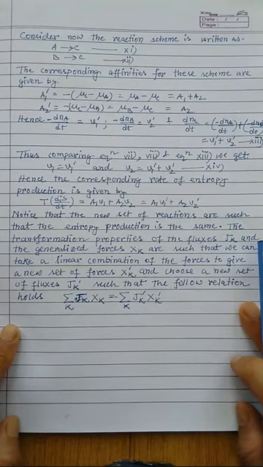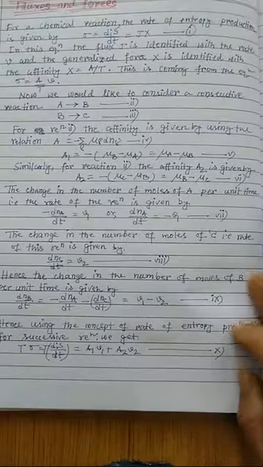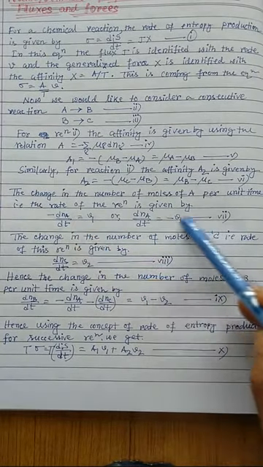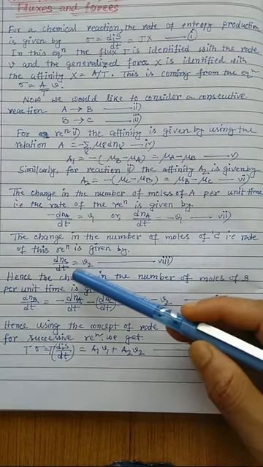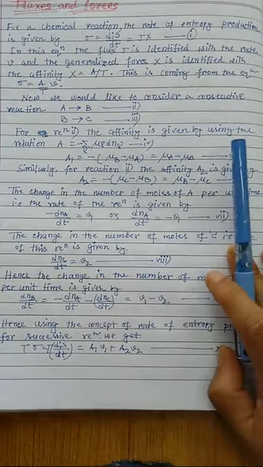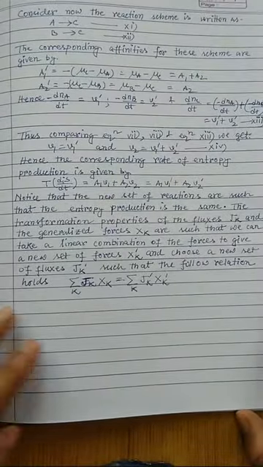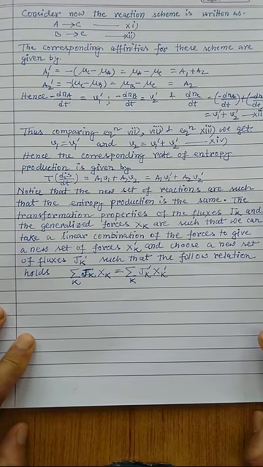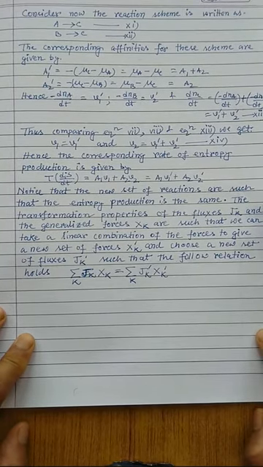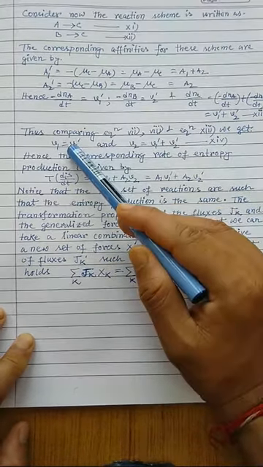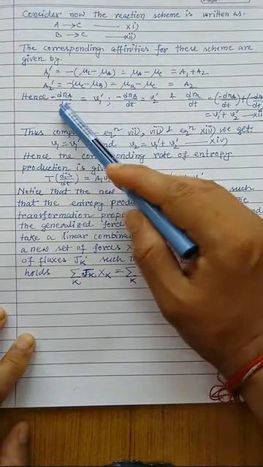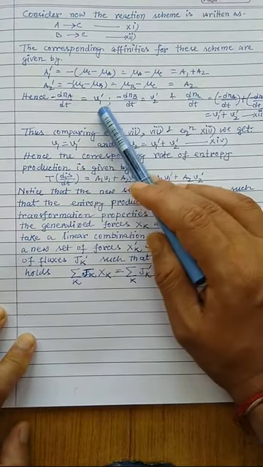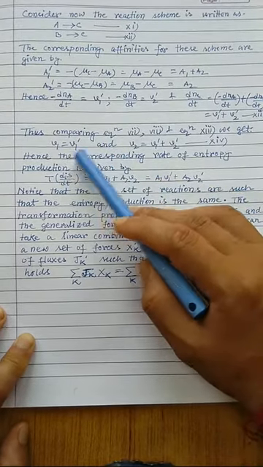Now I would like to compare equations 7 and 8, that is the initial reaction scheme. Equation number 7 is the rate of change of A, and equation number 8 is the rate of change of C. If I compare these two equations with this new reaction scheme, it appears that minus dNA by dt remains the same. That means the rate of change of A is basically the same, that is V1 equal to V1 prime, because here minus dNA by dt equal to V1 appeared in the previous equation, and here V1 prime. So I can write here V1 equal to V1 prime.